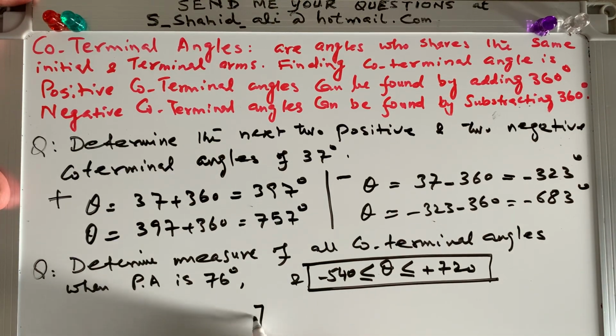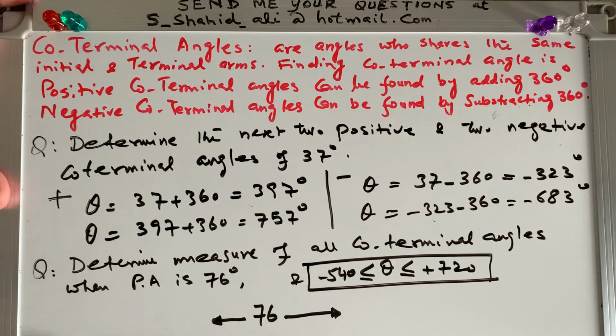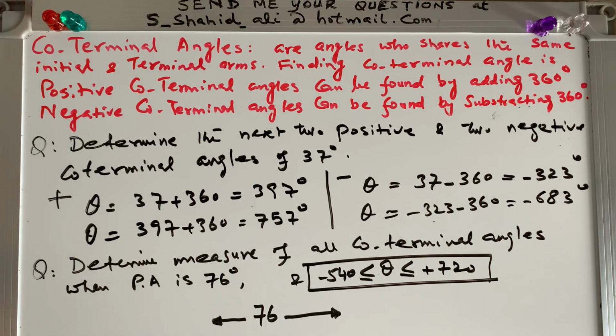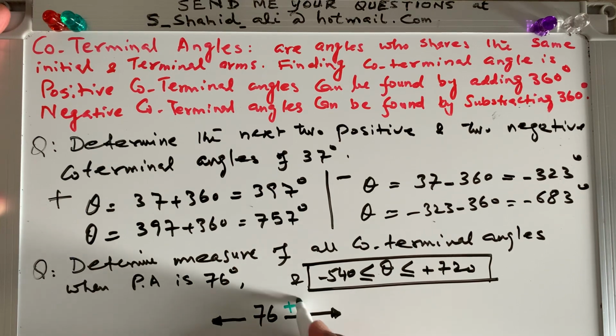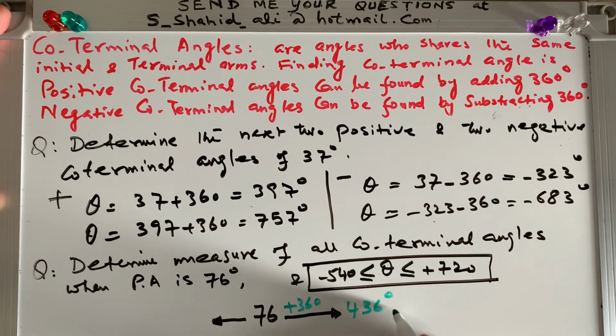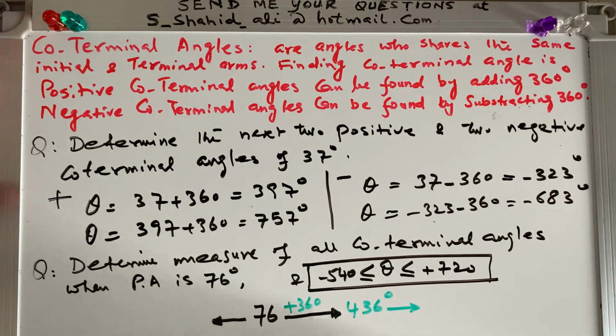So you will put 76 in the middle. This way you can go plus 360 each time, and this way you can go minus 360 each time, right? So when you add 360 to it, you will say, okay, plus 360 will make it, so I will take a green pen maybe, 436, I believe. Yeah, 436 degrees. And then I do the same thing again, let me check how much it is. 436